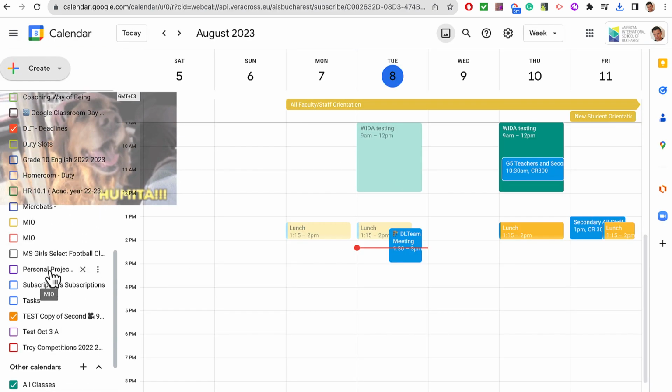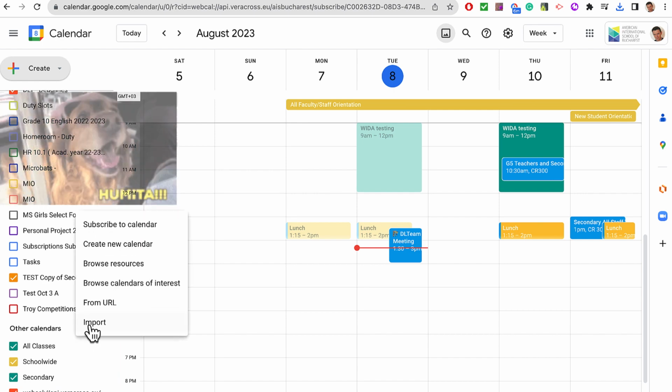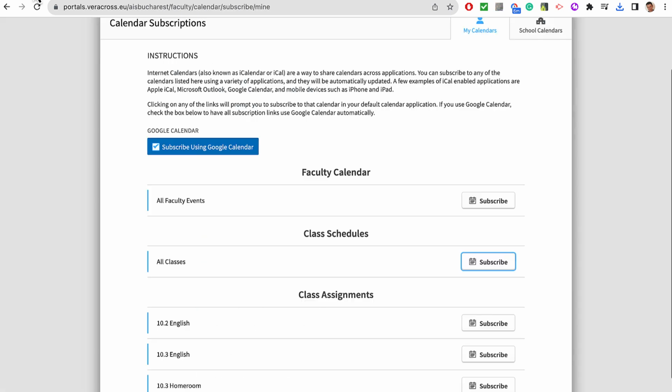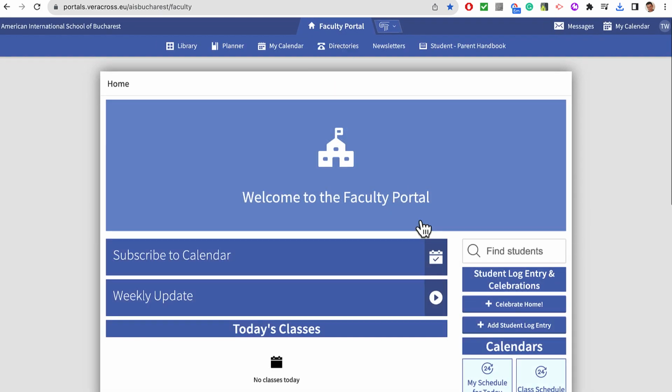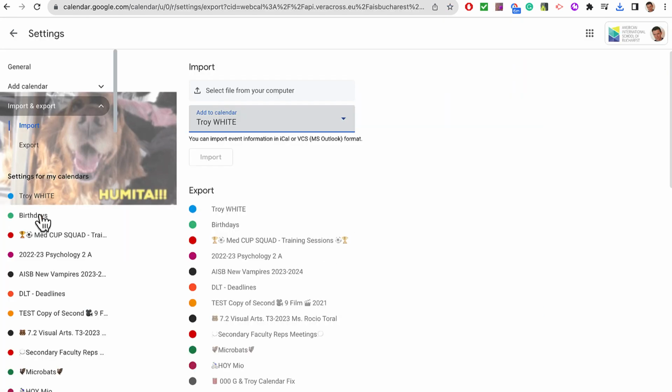at the bottom, under Other Calendars, there's a plus. I'm going to add a calendar. I'm going to import this. The default is here. Now, it's very, very important. Before we do this, let's go back to our faculty portal. Click on your class schedule. Make sure it's correct, because what we don't want to do is add anything to your default